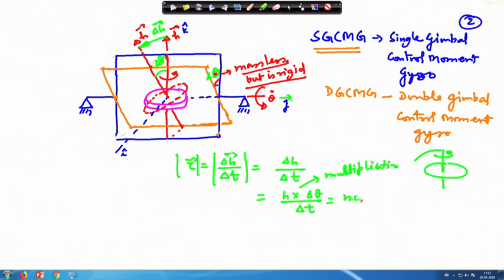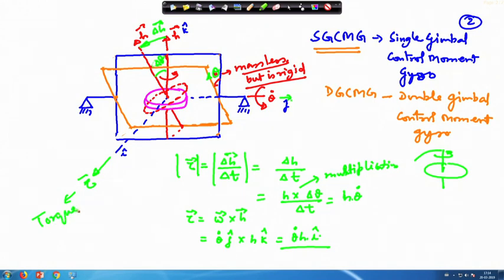So, this is h times theta dot. And the same thing in the vector notation can be written as omega cross h, where omega in this case is theta dot j cap, and h in this case, say it is in the k direction. Now, we can write here h times k cap, and therefore theta dot h j times k cross k, that becomes i cap. So, this is basically in this direction. So, the torque generated lies along this direction. Okay. So, this is your tau,